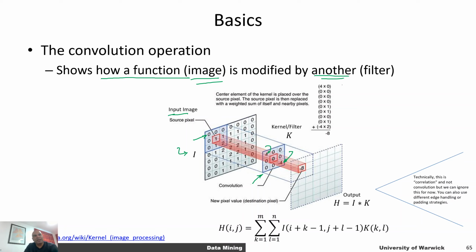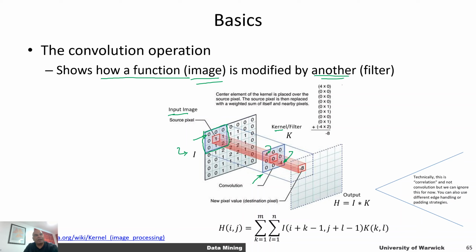We overlay the filter on top of the original image at one position, let's say over here, and we do a product. I simply do a dot product of the corresponding pixel values of the kernel with the